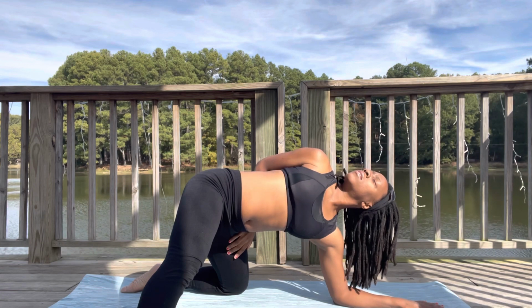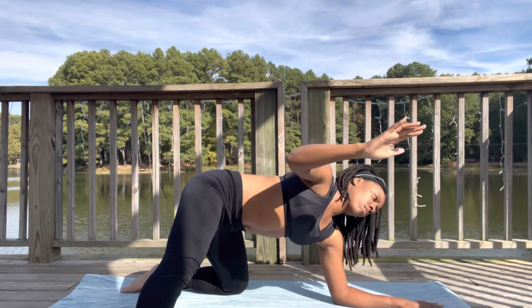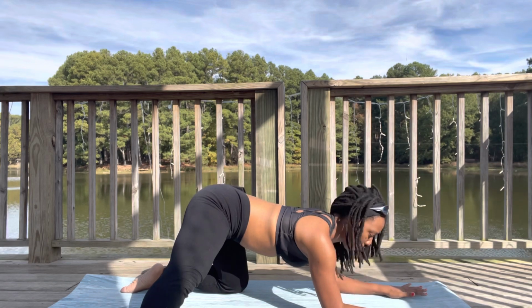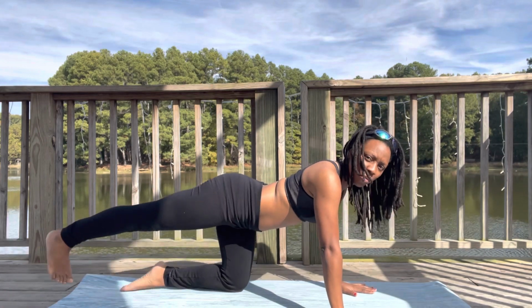If you'd like to bend the elbow and place the hand around the left upper hip, this is called a bind. If not, just keep your hand in the air. Yogi's choice. Place your hand back down to the elbow, slide the left elbow back over, and then come back up to your palms and slide the right foot around to the back of the mat, resting on the ball